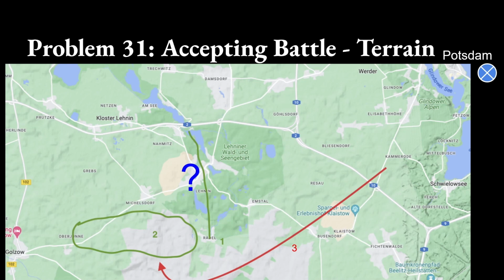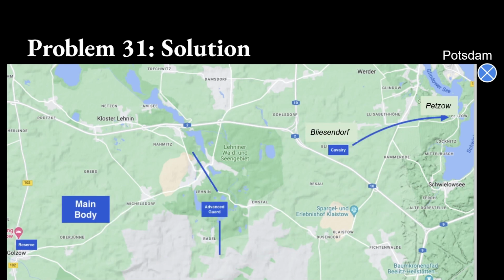Where the number 2 is with the circle is more open ground, and it's more likely that the enemy is going to try to come down and turn our flank at the point of number 2. Therefore, with the fact that where the number 1 is difficult terrain and where number 2 is more advantageous for the enemy, they are probably going to take the route number 3 in red and try to turn our flank and push us north, which would then open up the road to Magdeburg, which we don't want. So the solution further goes on and says this is how we would take the division and spread it out